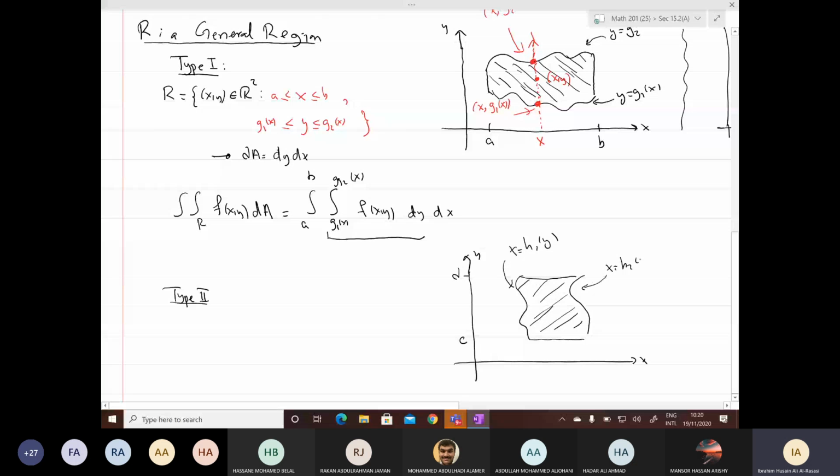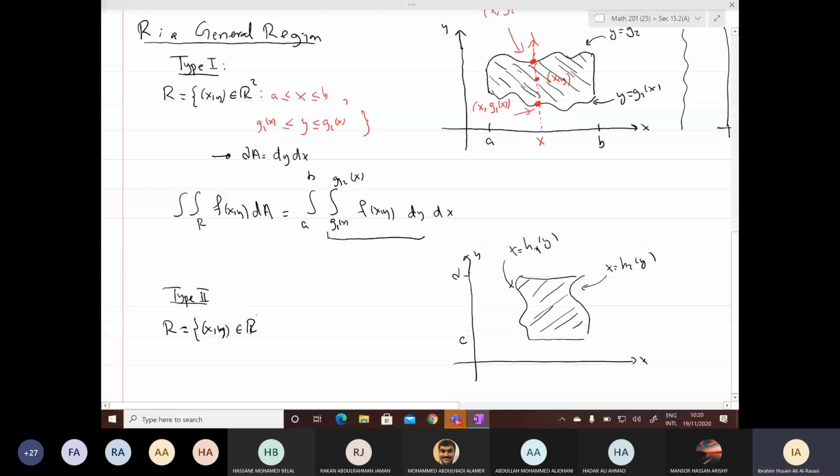If it is left and right, we write them as x equals a function of y. Before, it was lower and upper and I worked on the x-axis. Now I work on the y-axis. It is really the same thing, but you're just rotating yourself. For now, just how to describe this region R. It is the set of all points (x, y) in R2, such that,